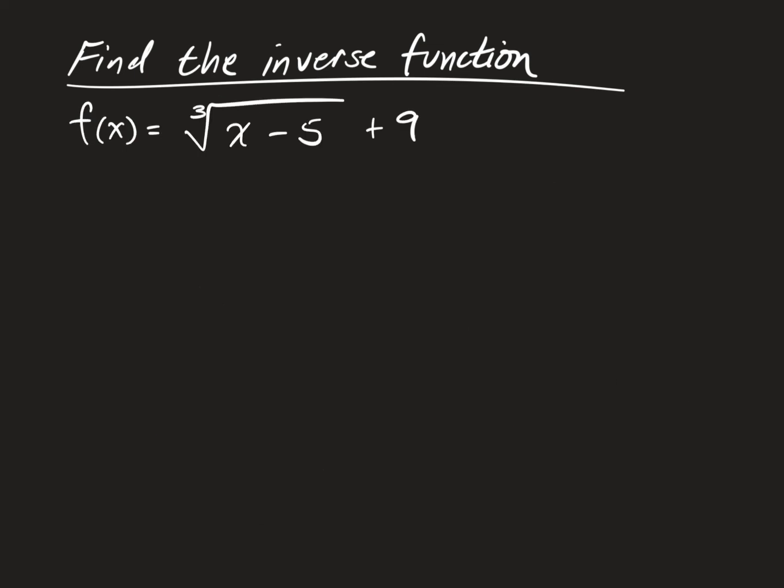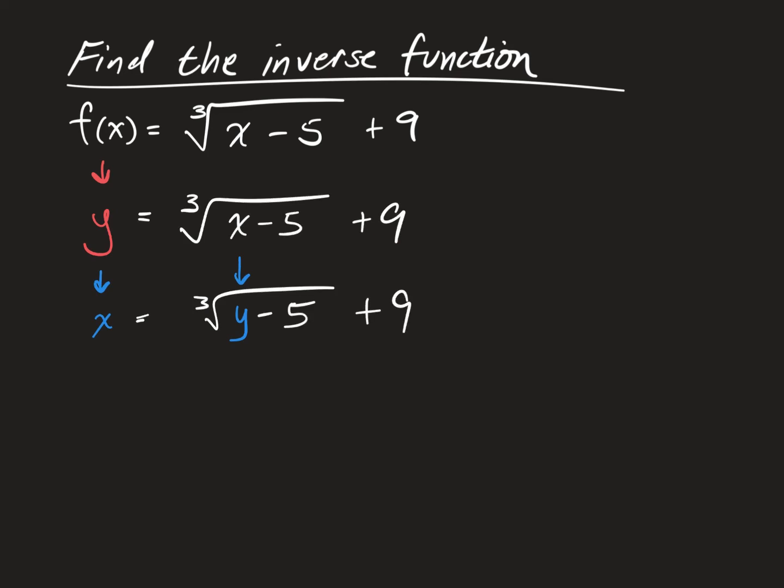For this example, we will also find the inverse function, but this time you can see there is a cube root involved. So we have the function f of x equals the cube root of x minus 5, and then outside of the cube root is plus 9. So what we have to do, same process, and I haven't mentioned yet, but I love finding the inverse because the first two steps literally require absolutely no math. So replace f of x with y, swap out all of the y's for x's, and all of the x's for y's. All right, so we still have a cube root of y minus 5